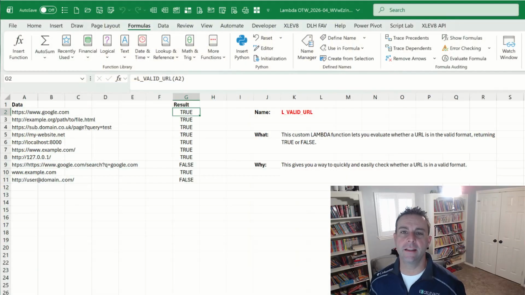Howdy, I'm Derek, and in this episode of Lambda of the Week, we're covering a Lambda custom Excel function called